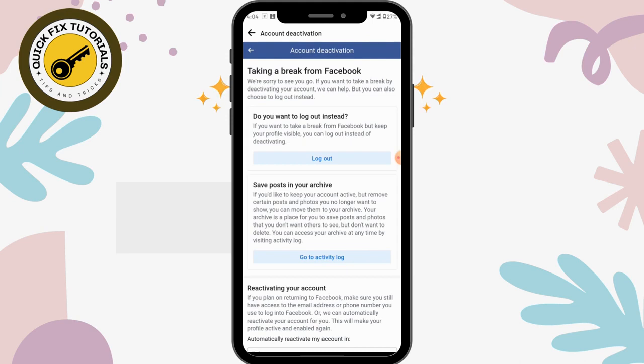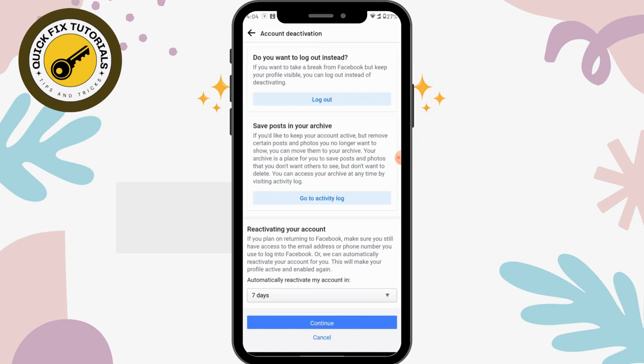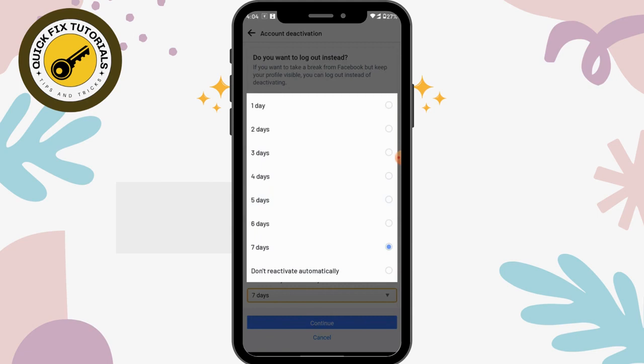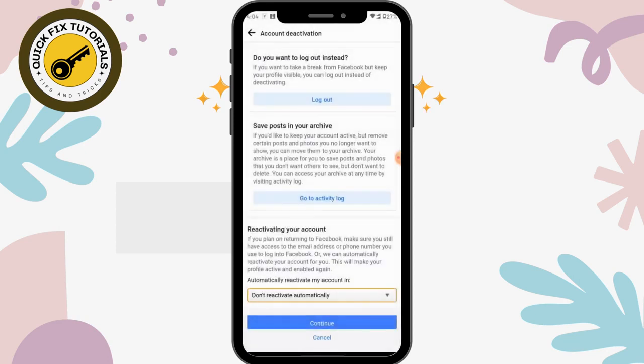And here it is asking you to log out, but don't click on that. If you want to deactivate your account, just click on that continue. But if you don't want to reactivate your account within 7 days, just click on that 7 days, and here you have these options: 1 day, 2 day, and I'm just clicking on don't reactivate automatically. So by doing this, your account will not be activated automatically. So after that, click on continue